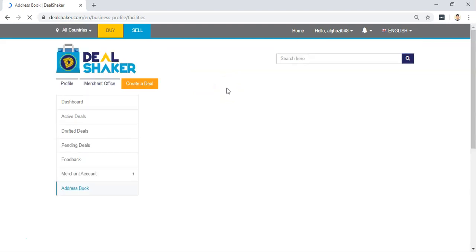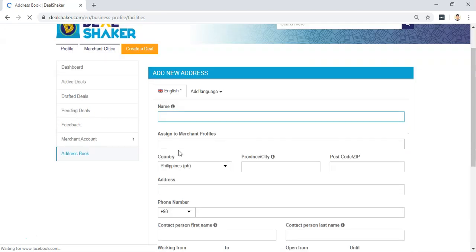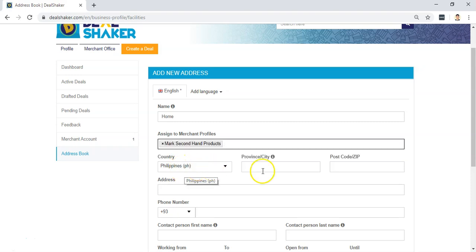It's loading. So new address, maybe I will name this address as home, because this is the address of my home, for example. Because I am just an online seller, so I will just put home. Assign to merchant profile. So this is what is needed really here. You have to assign an address to a merchant profile. So after creating the merchant profile, you click this, select this here, and then of course pull the